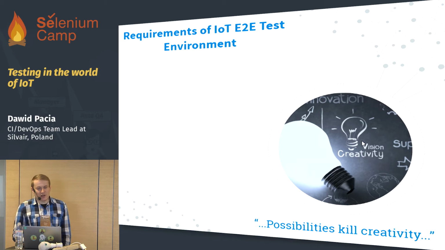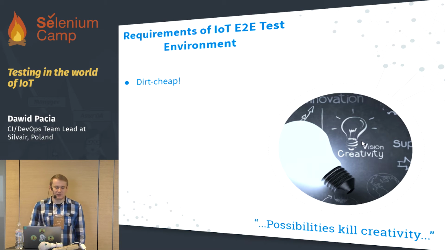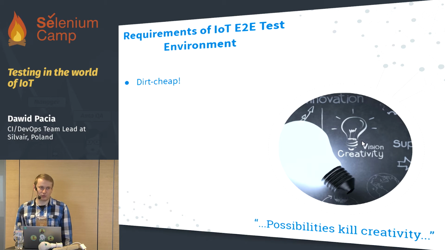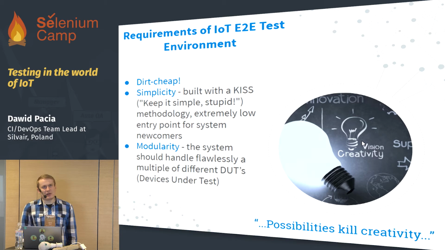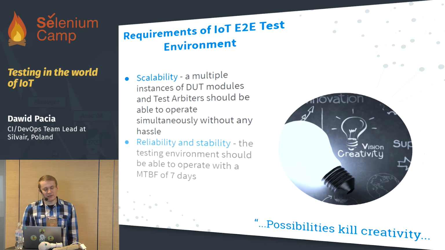Okay, what was the requirement? So firstly, dirty cheap. As a startup, as a small company, it's important because, for example, to control a switch, the best way would be to just buy a manipulator, but it's terribly expensive. So the idea was to unleash the creativity of people and let them find a solution. Then simplicity, like the developers' well-known principle: write code that someone else can use. Modularity. I can describe the web product as based on microservices, so every component is separately added, not building a monolith because of so many components. Then scalability and, of course,